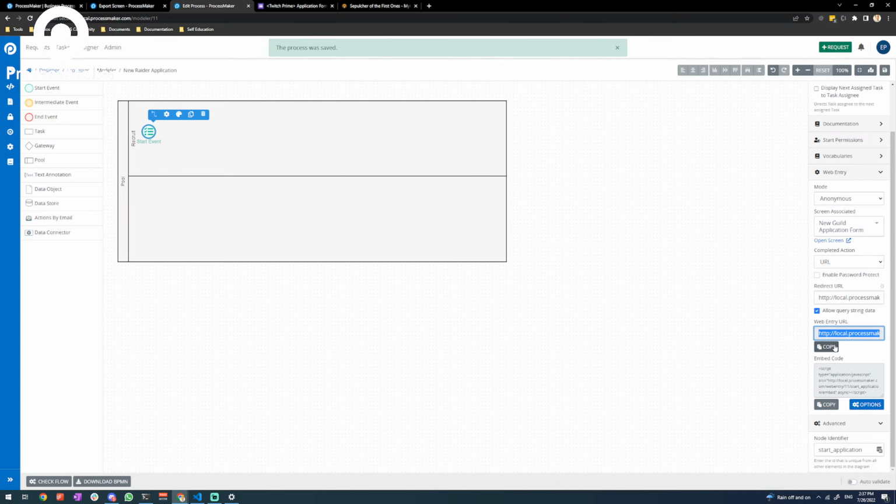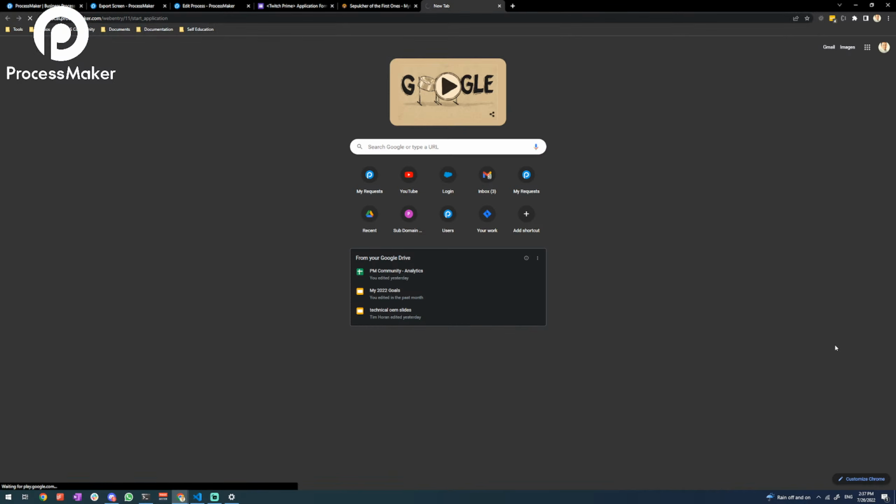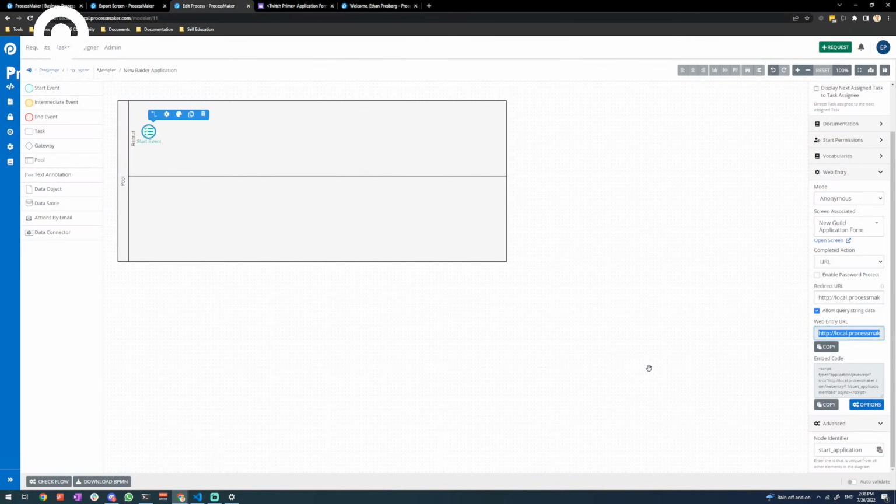So if I copy, open up a new tab, and paste it, you can see firstly my domain of ProcessMaker, which is my local host, and then it's a web entry. Then the ID for the process, and then the ID for the web entry start point. And we put that in. And wait for it. Did I do something wrong here? Probably. Well,